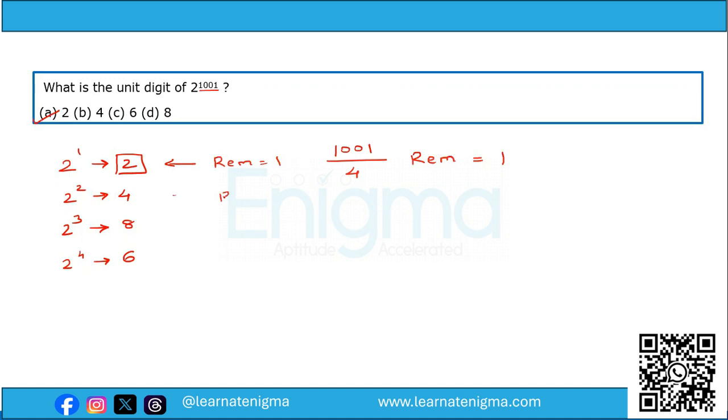If the remainder was 2, then the answer would have been 4. If the remainder was 3, the answer would have been 8. And if the remainder was 0, then the answer would have been 6. But in this case, the answer is